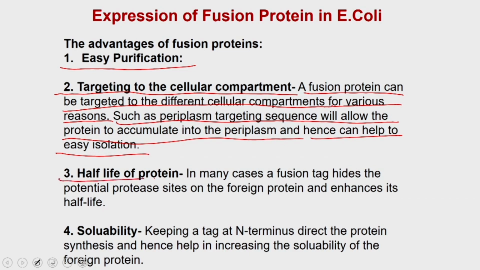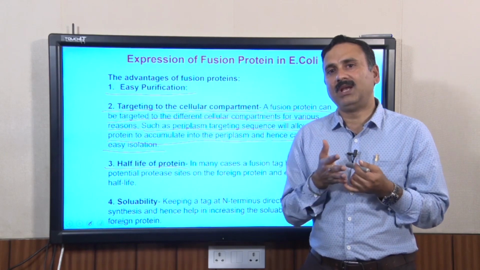Number 3, some proteins have a very short half life, and as you know, the half life of a protein is always decided by the amino acids present at the N terminus of the protein. Some proteins have an N terminus region that is very prone to proteolytic cleavage. In some cases the proteins have their own intrinsic protease activity, and as a result they cleave themselves as soon as they are synthesized. Sometimes this is problematic because it does not allow you to overexpress the protein in full length.